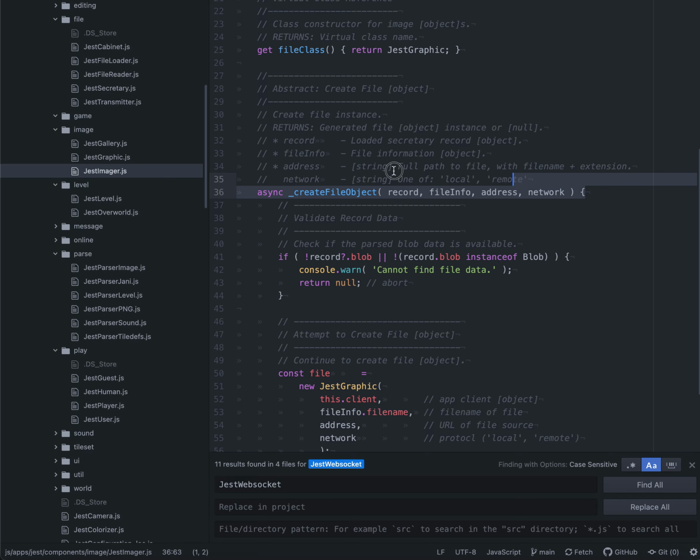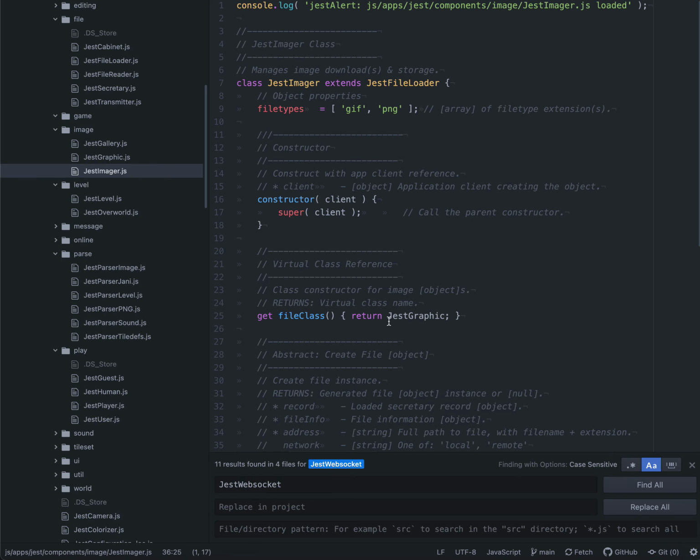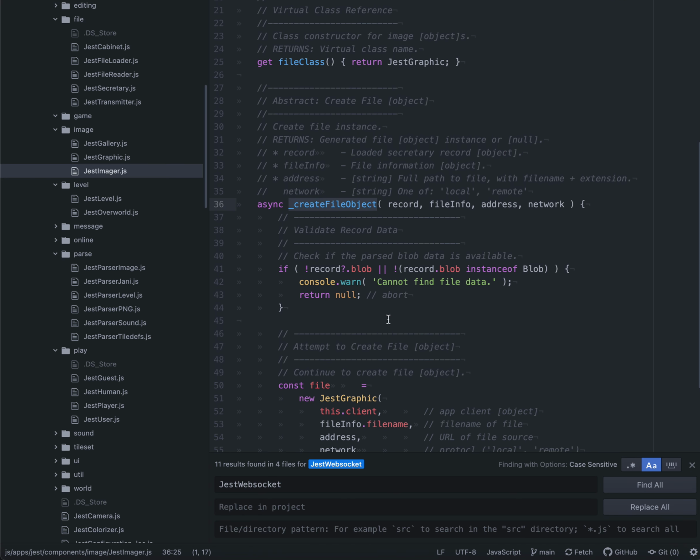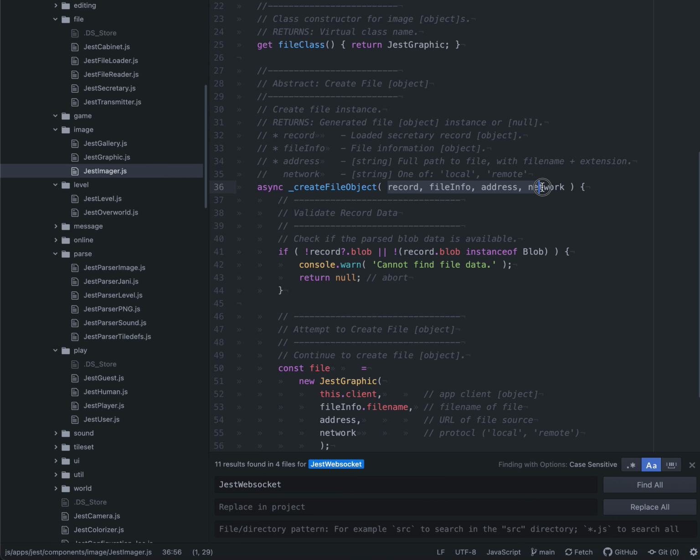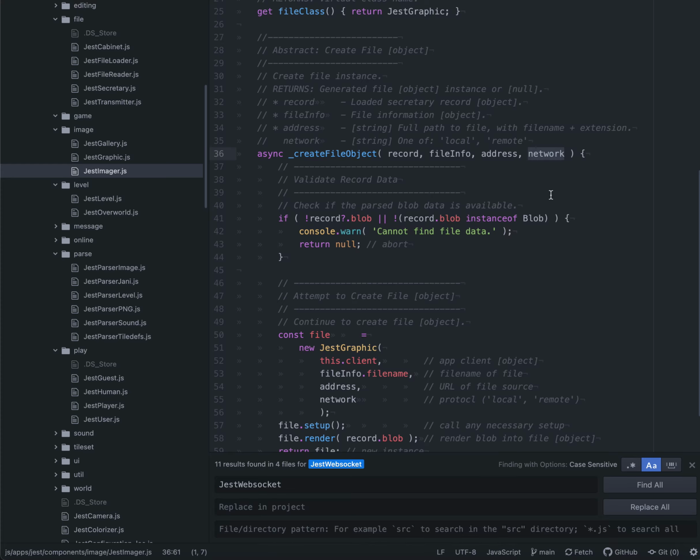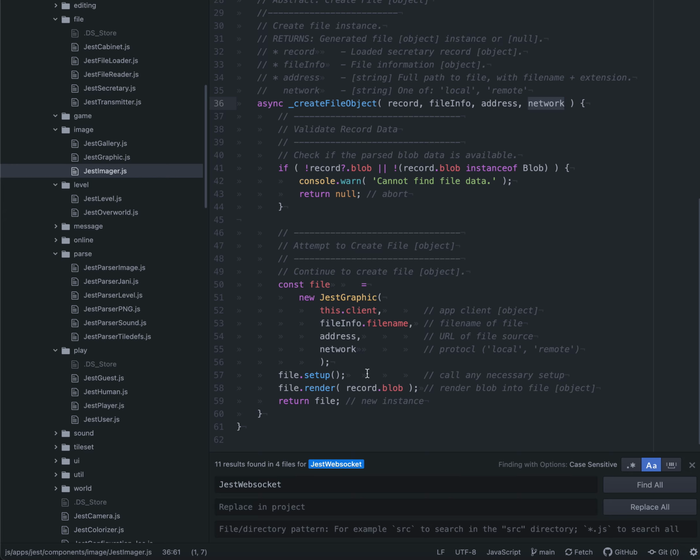And so the Jest imager is going to call this and store it inside of its files list. And when it gets called, it's going to send the record, and that record's going to have that blob data attached to it. And then there's going to be some file info, which is the file system info. It's going to have the address to the file, and whether it was local or remote is going to be the argument for network. And then we take that, and then it creates a file called,